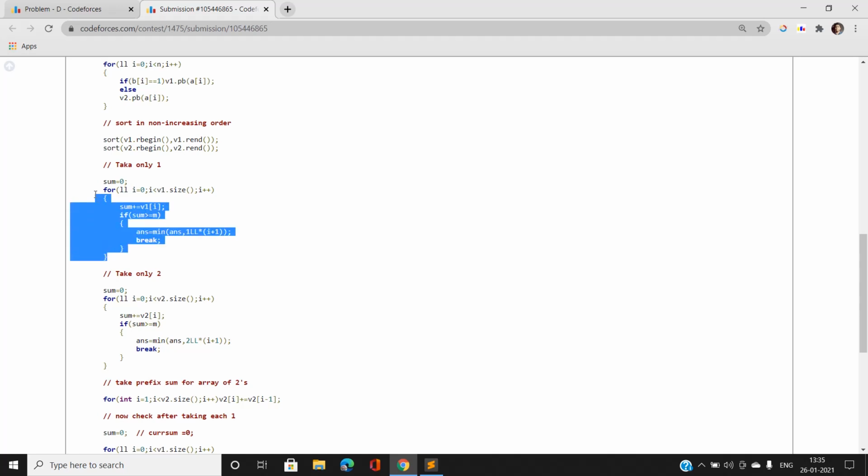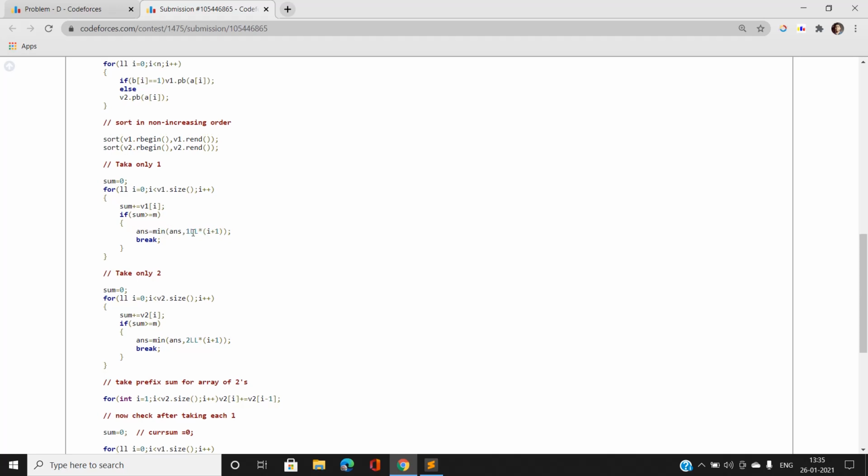That is, we manage only from the convenience point 1 vector, taking the corresponding values of ai from maximum to minimum, because the array is sorted in non-increasing order, from the start to the end. If summing the values from the start we can make at least m, we take the minimum of the answer with i plus 1.